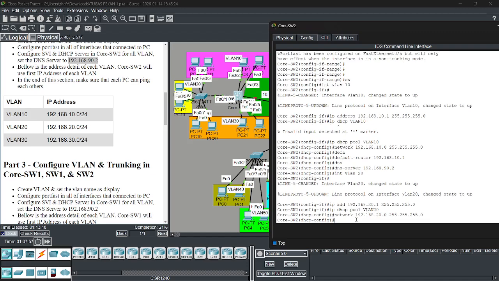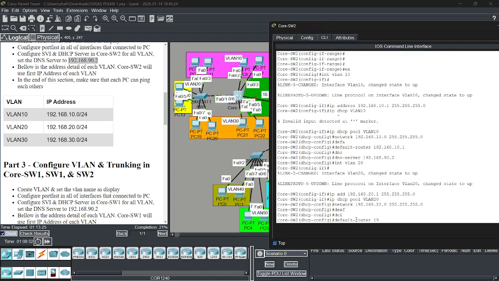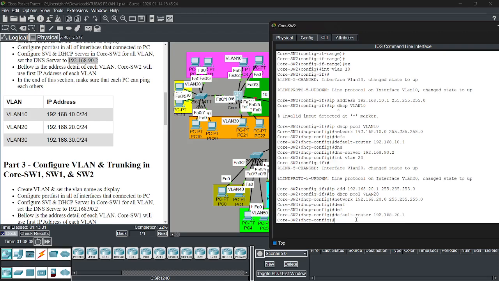After network, default router is. Okay. After default router is DNS.